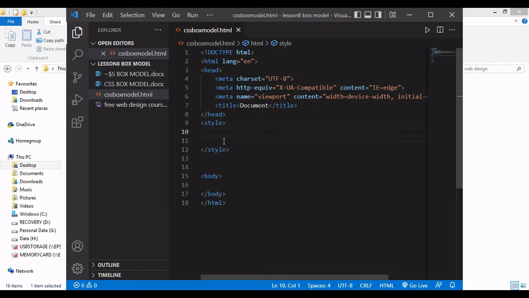So all the CSS code would be here, and make a box in the body of this website. For example, to make a box, you need to put the div starting and closing tags. So this is the box. Inside this box, just say something like